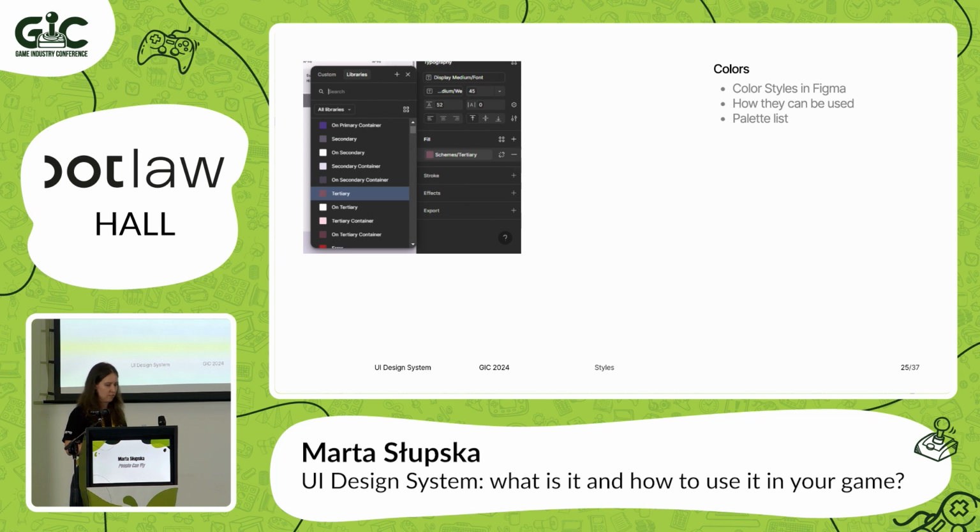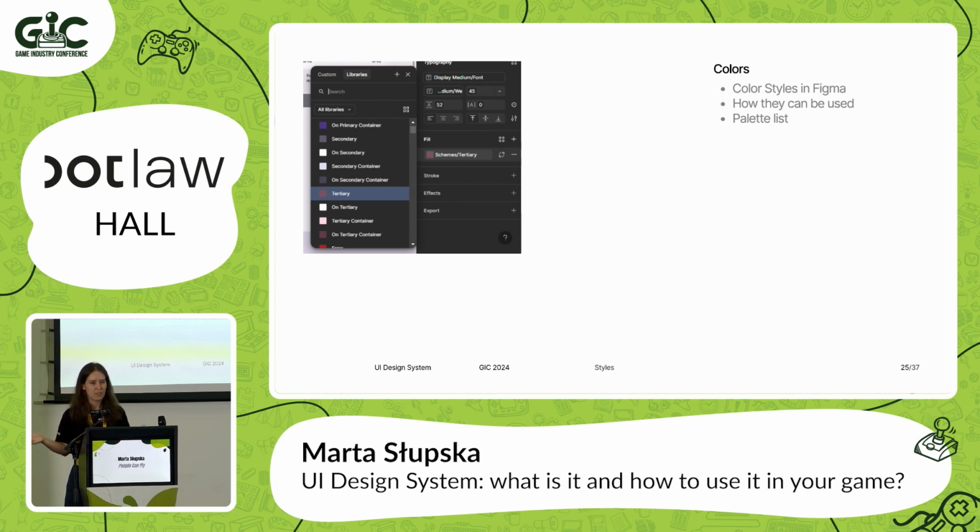The second thing in styles are colors, and you can set them up very similarly to the fonts. So you will choose the color. Is it a full fill or is it a gradient? And you will again have the list of them. You can segregate them very nicely, and it's much easier to pick them up like this. And this is also a very good thing for both font styles and color styles.